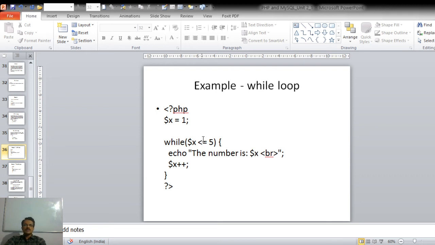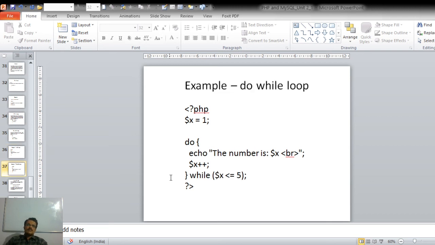So it goes on increasing, and ultimately at some point the value of x becomes greater than 5. At that time the program flow will come out of this loop and the other statements following the loop are executed. The same program can be rewritten by using the do while loop.